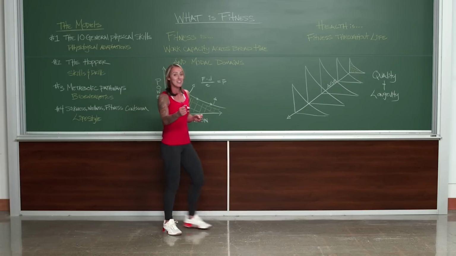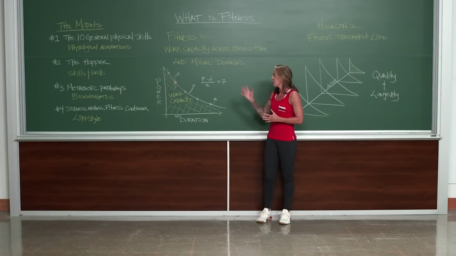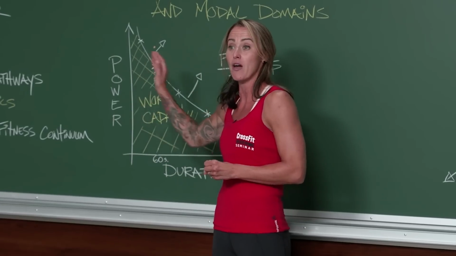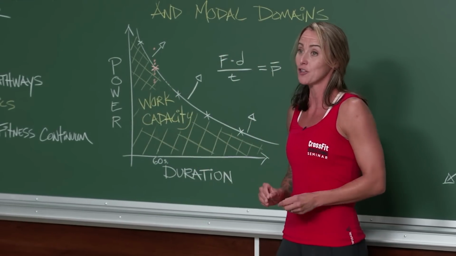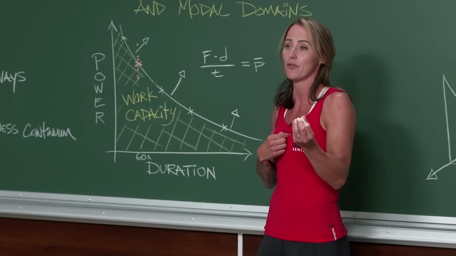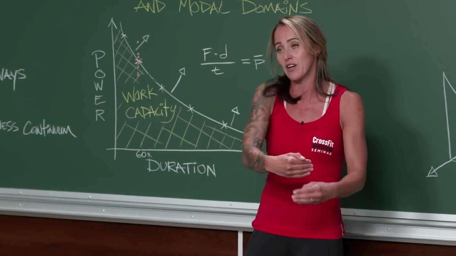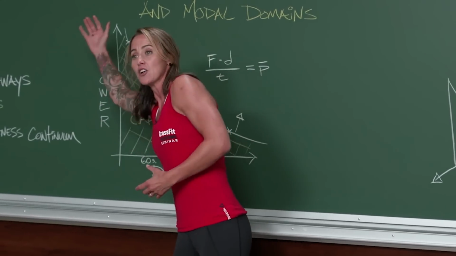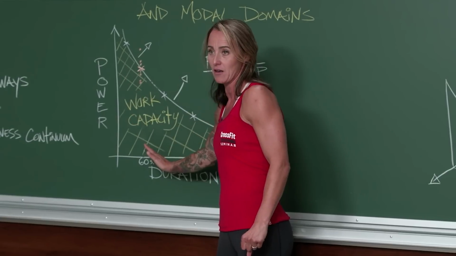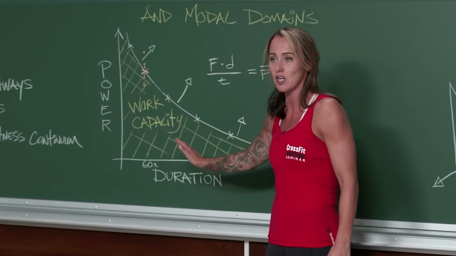Now, let's again pull back to our specialists, because that's where we compare. If I take the elite Olympic lifter or the elite power lifter and I graph their fitness, they're going to have a good old laugh at our top end power. Why? Because they can create so much more power than us. But the trade-off for that, based on how they're borrowing and stealing from all the other 9 general physical skills, is that their curve will drop off dramatically. In around 30 seconds, maybe a minute. Could be less, but it will be a dramatic drop-off.